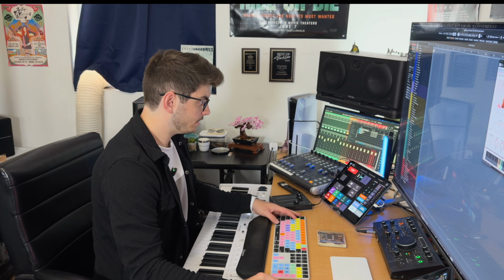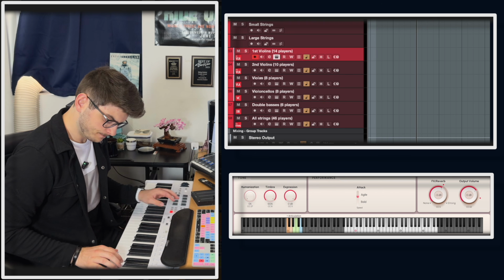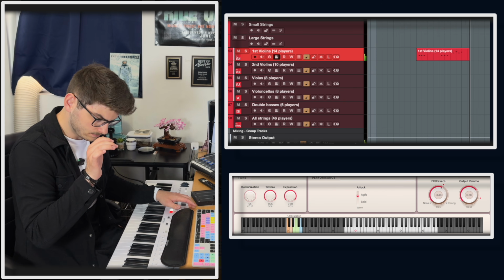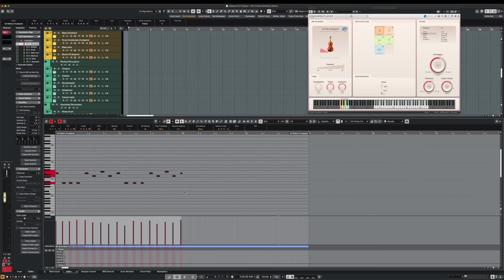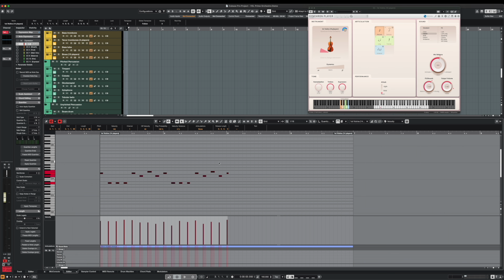All right, we're going to go ahead and start with our strings. We'll go first violins and the staccato articulation. Let's lay down an ostinato. Awesome. We can come in here and do a little bit of quantization. I'm also going to switch this over to 16th note grid, and I'm actually going to duplicate each of these over by one. Let's pull it back. And then now we can get a little bit more repetition going on here.